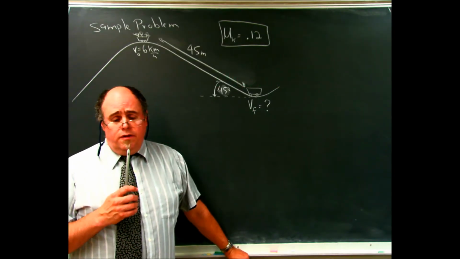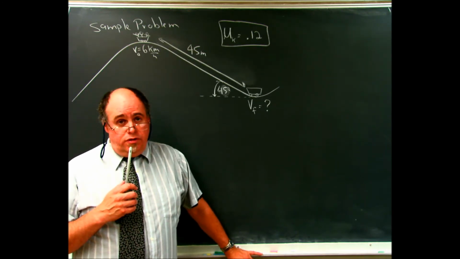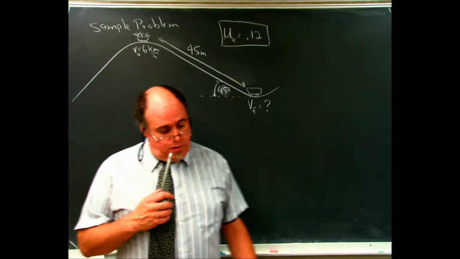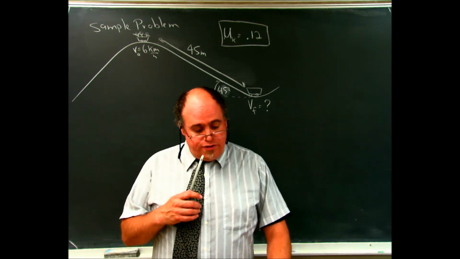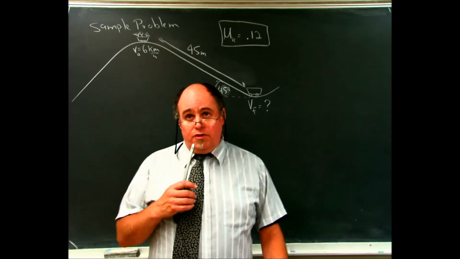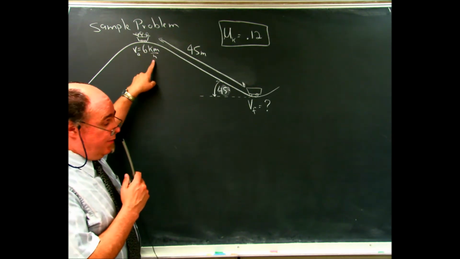This is a sample problem of a hill, an inclined plane, with friction, and instead of writing out the whole problem, I've given you the picture. Basically, the problem says there's a roller coaster that's going to reach the top of the steepest hill with a speed of 6 kilometers per hour. So I've written the initial speed is 6 kilometers per hour. And then it said